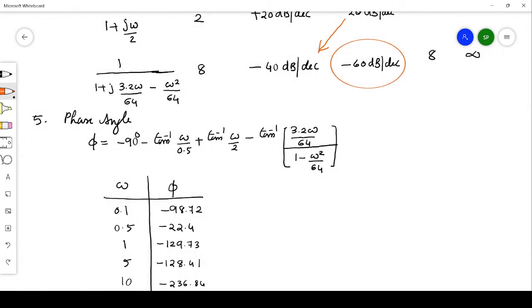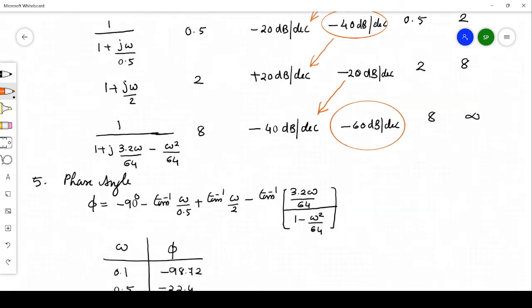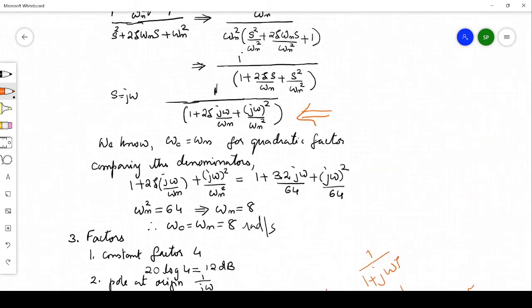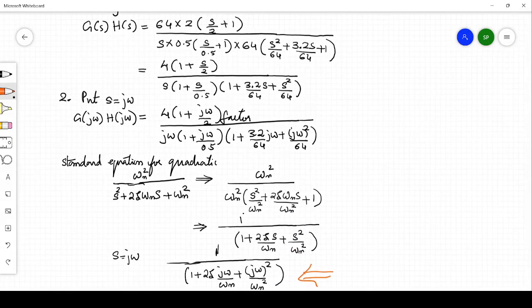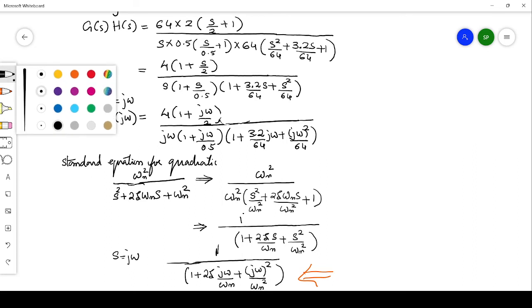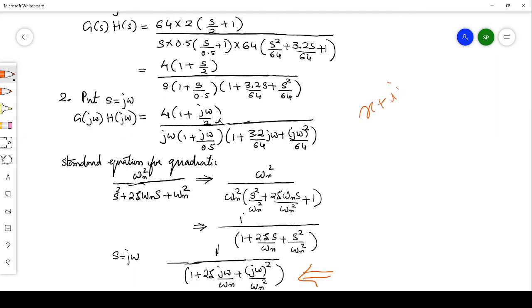Now finding the phase angle is easy. How will you find the phase angle for a particular transfer function? I'll just take the transfer function. Here, this one factor I'll just remove. Now just see, first we have 1 plus j omega by 2. We know that for the x plus iy form, the phase angle is nothing but tan inverse y by x. So the same formula will be applied throughout.